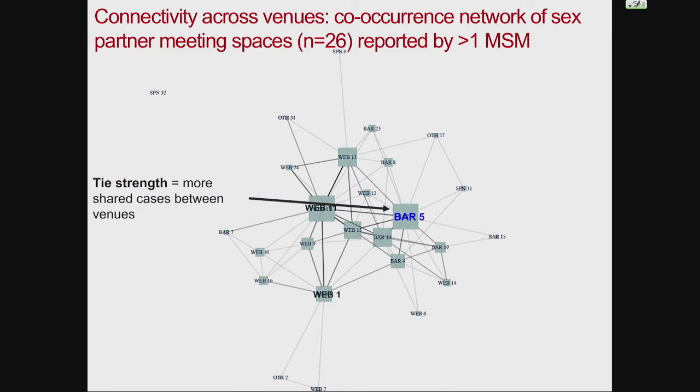Next, we measured tie strength or betweenness. And this is defined as more shared cases between venues. And in this case, bar 5 popped up as having the greatest tie strength, and this is represented by the